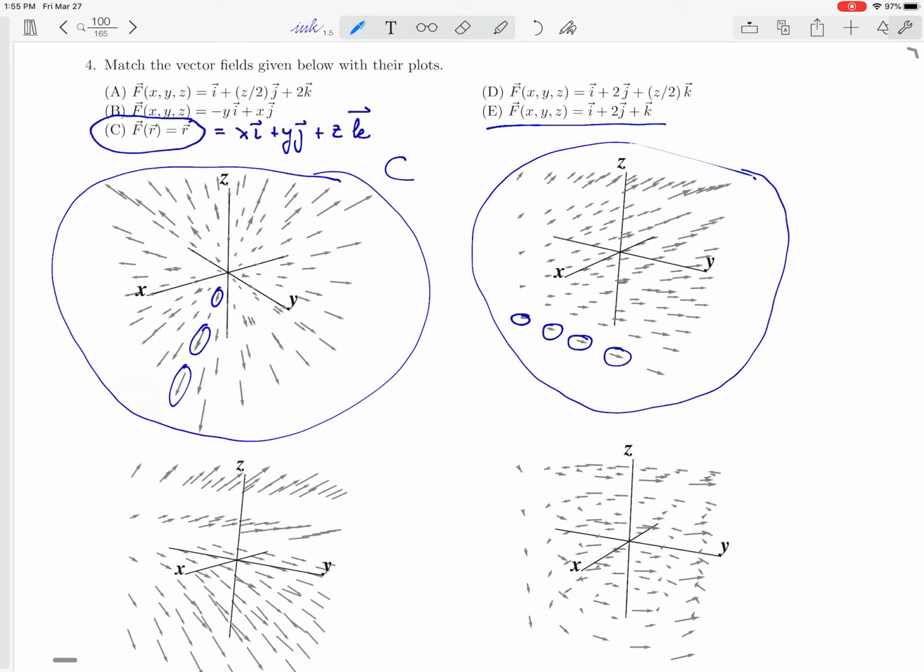And when you compare these vectors, it looks like they're getting longer, but really they are not. It's the perspective that makes us think that. What we can see is that they are pretty much all pointing